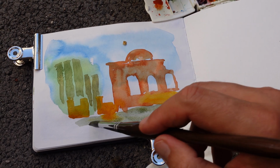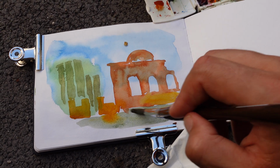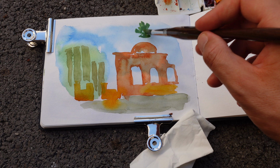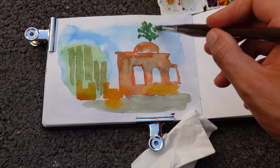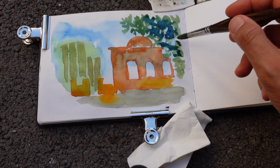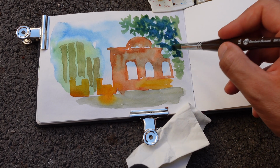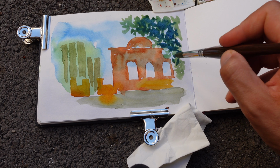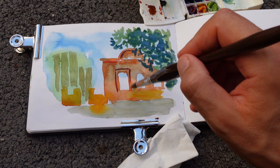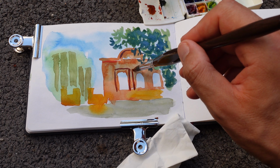The colors mingle beautifully on a wet surface. There is a tree on the right side that will frame and ground my sketch and make it darker. On top of the green color that I washed earlier, I'm adding French ultramarine to add depth and contrast to this tree. With the same large brush, I'm adding details, but this time I'm darkening the color,